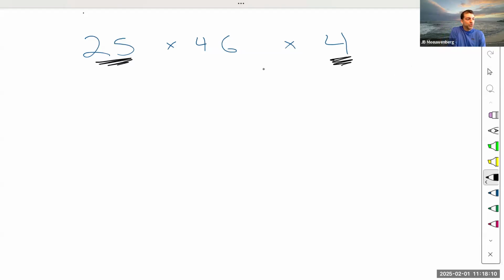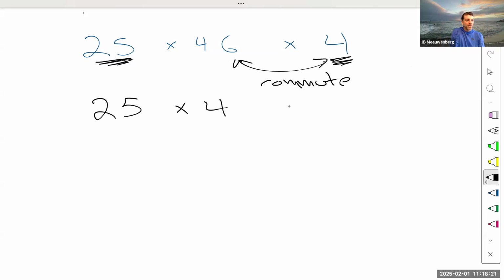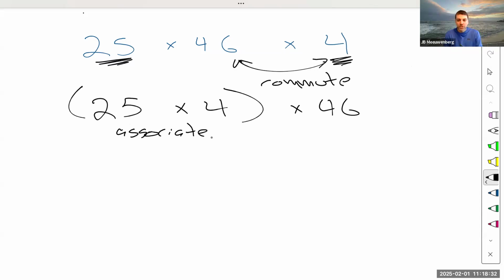So maybe the first thing you do is you commute these two numbers, meaning you change their order. And you say this can be stated as 25 times 4 times 46, rearranging things. Then you want to group the 25 and the 4, meaning you're going to associate the 25 and the 4. That product is 100. And then when we multiply 100 times 46, we end up with